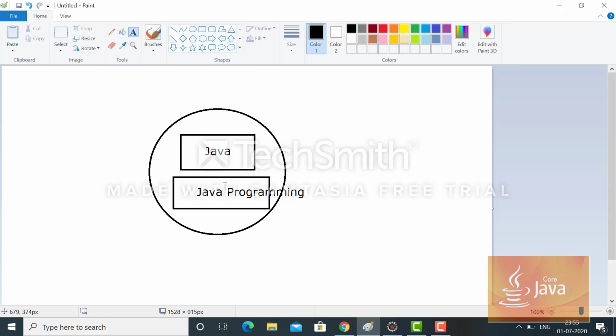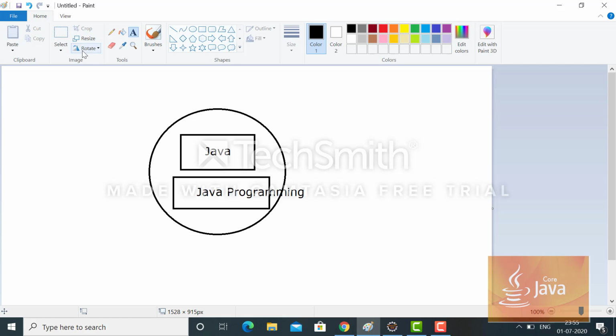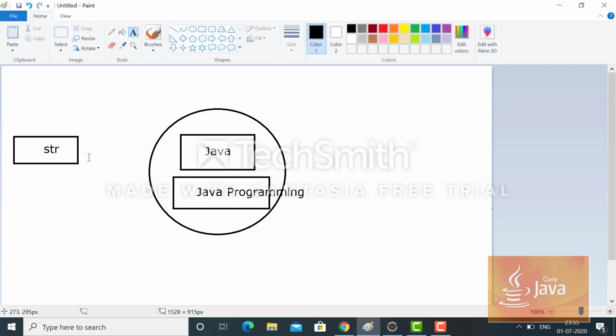But why didn't we get the value? Because my string reference variable, let's say str, was pointing to this when we created the initial object.